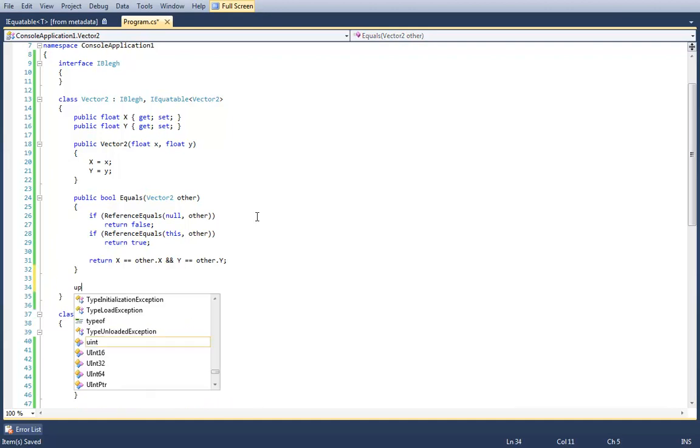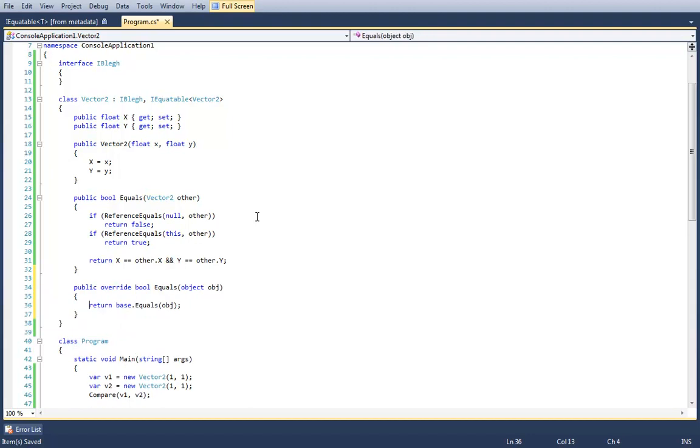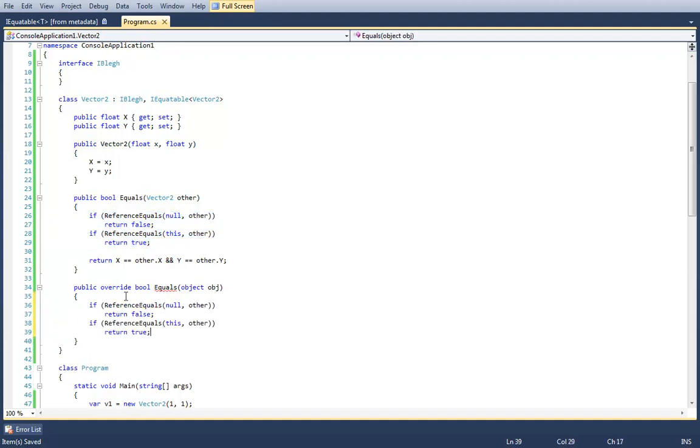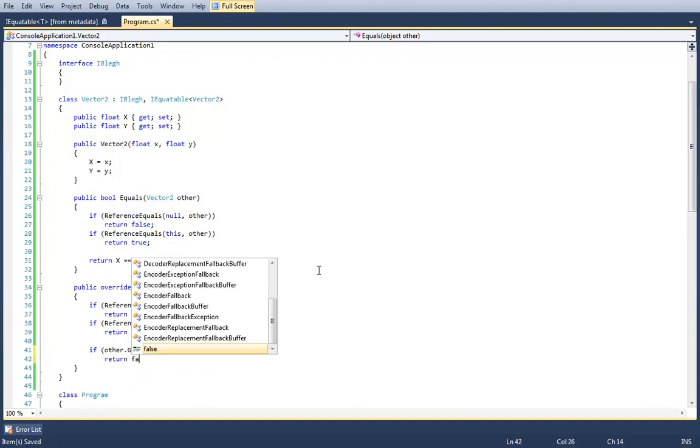Then I would override the Equals method on object. I would do a few more checks in here. First of all, I would repeat the checks of null and this as well. Then I would make sure that it's the same type. So I would say if other.GetType() does not equal typeof(Vector2), return false.